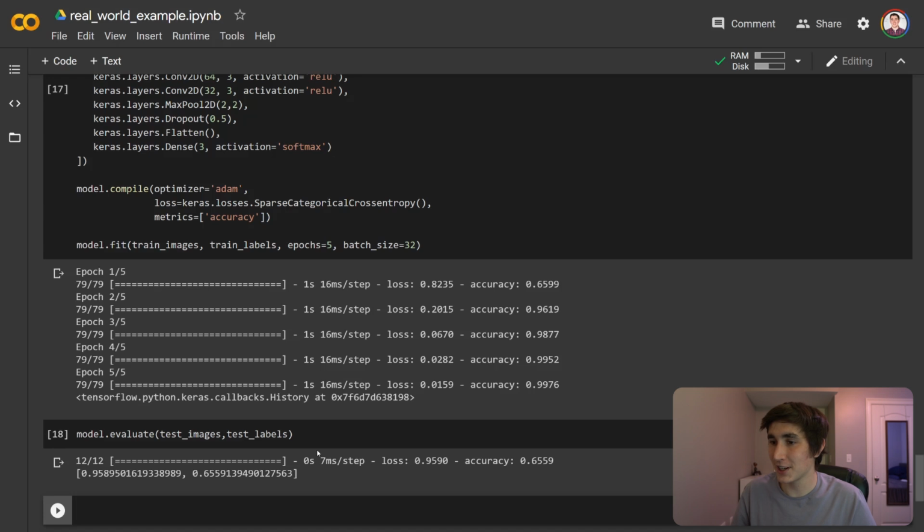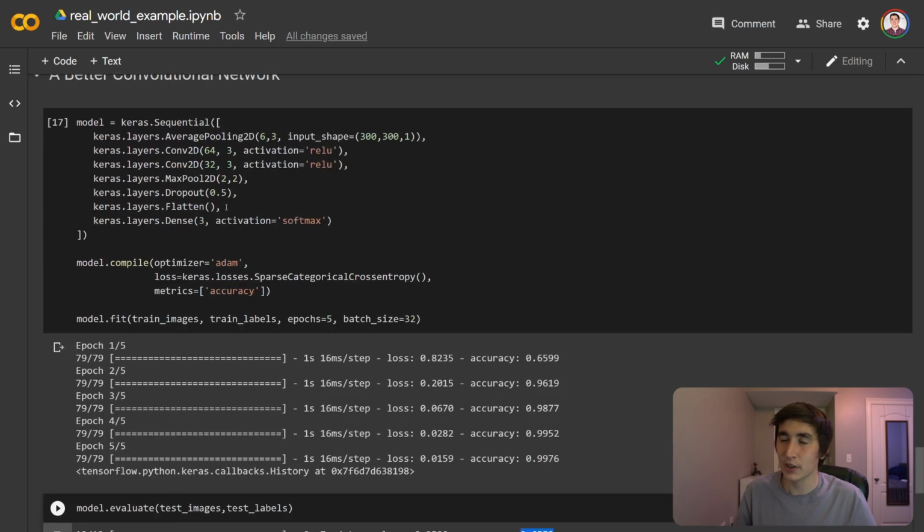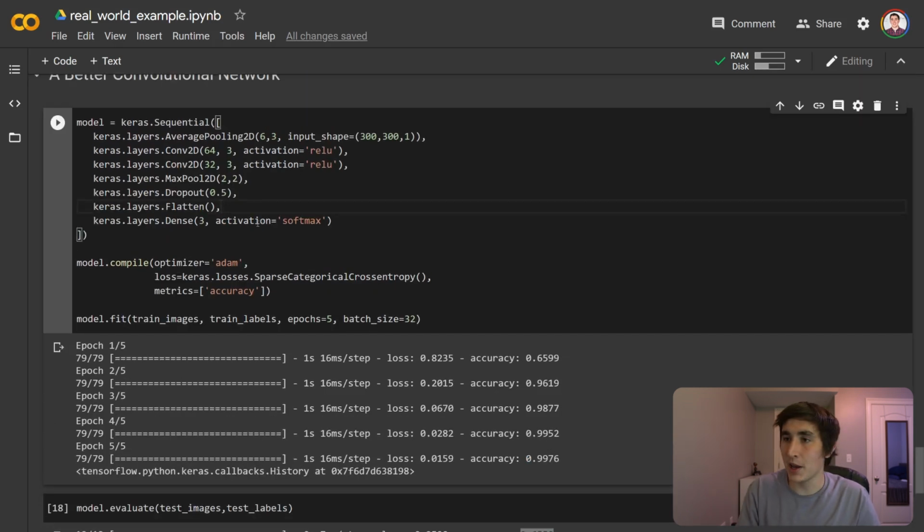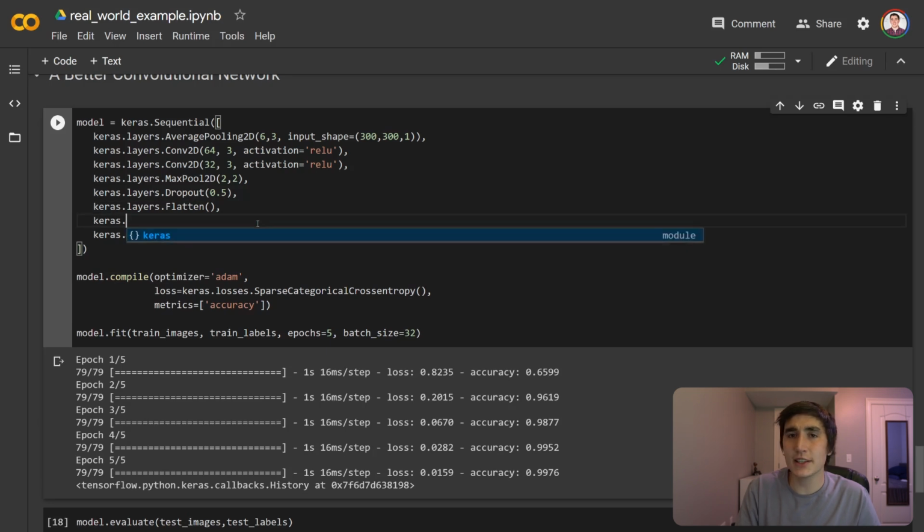So we went from 66 in the last layer. Okay, and we're about the same, 65%. Didn't seem to help too much. The last thing that I'm going to recommend doing, and this is something that you just really play around with,